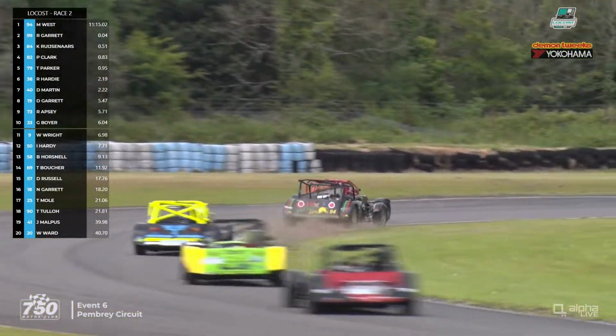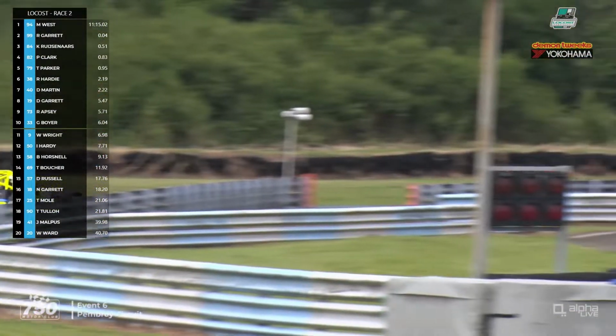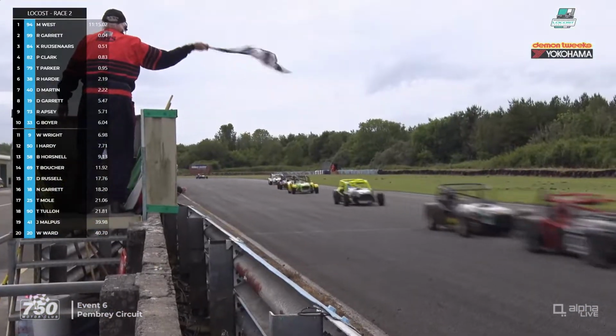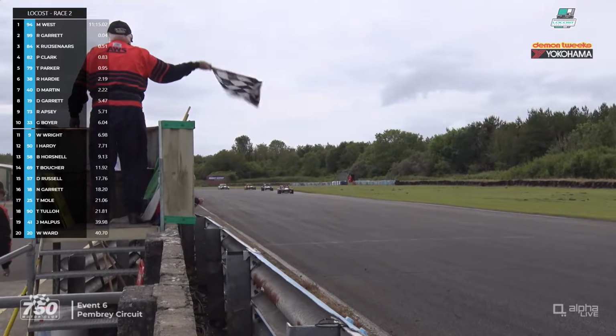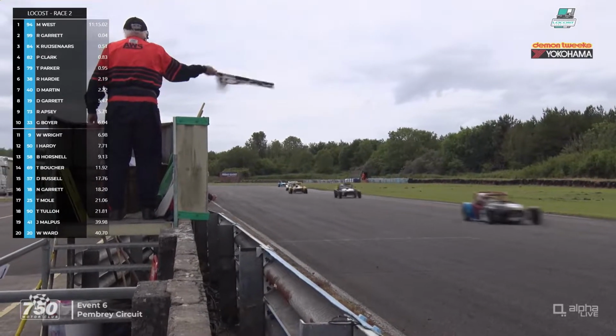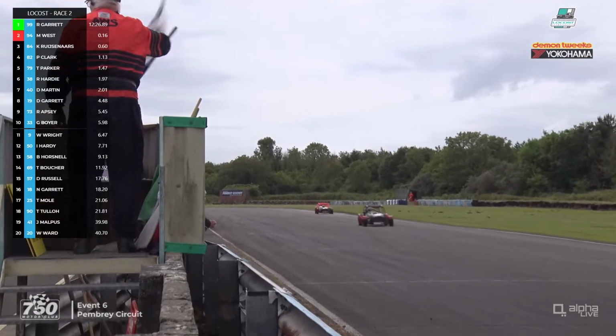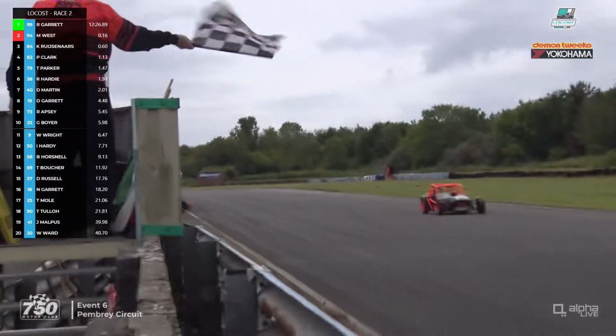12 minutes of this race has gone. West is sideways as they come up across the line and take the checkered flag. So that was the last lap of the race, and that was therefore a very important part of the circuit to be leading at. Ryan Garrett takes the win by 16/100ths of a second from Martin West in second place,